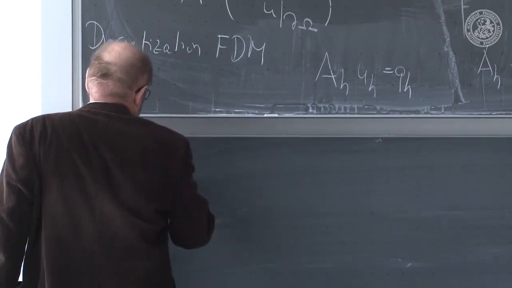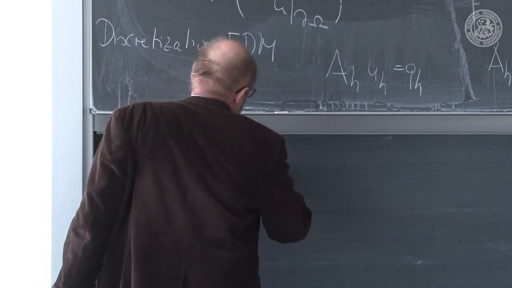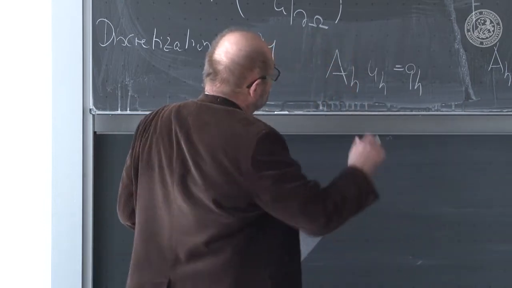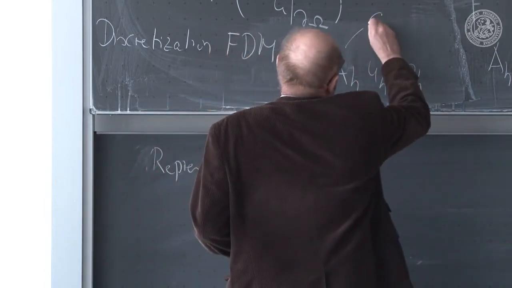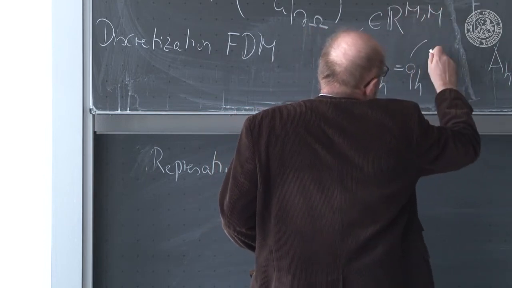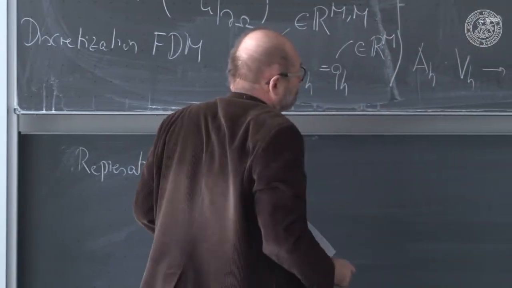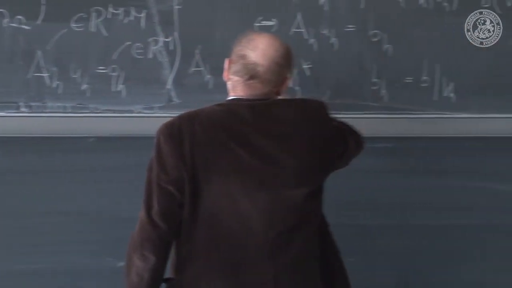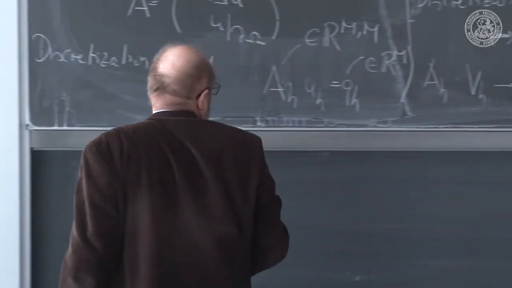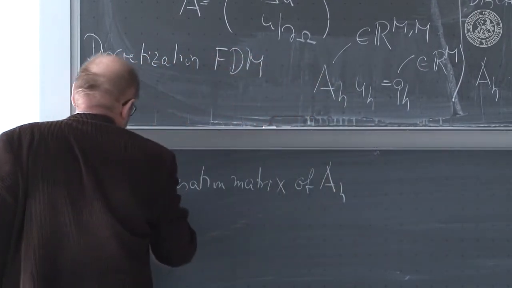If I look at the representation matrix, why am I entitled to use here the same notation? In principle, this is something different. This here is a matrix. Firstly, this is a right hand side, this is a vector. And this is, at the moment, something different. This is a linear form, and this is a linear mapping between the space and its dual. What is the representation matrix of AH? Now I have to specify